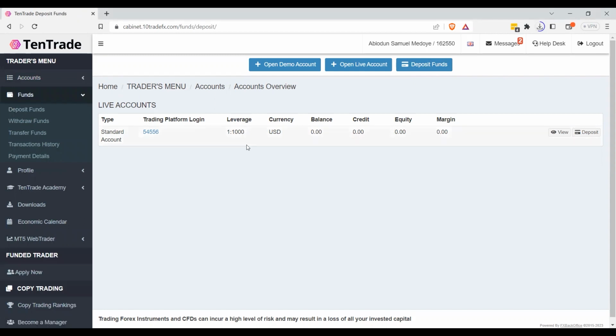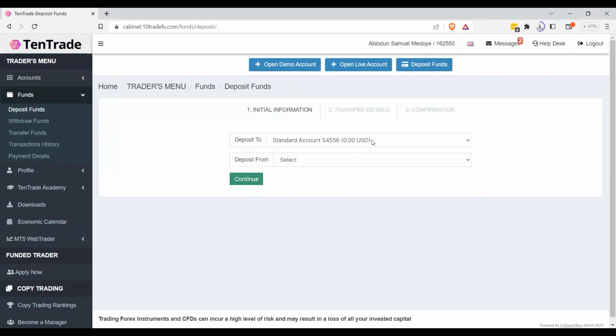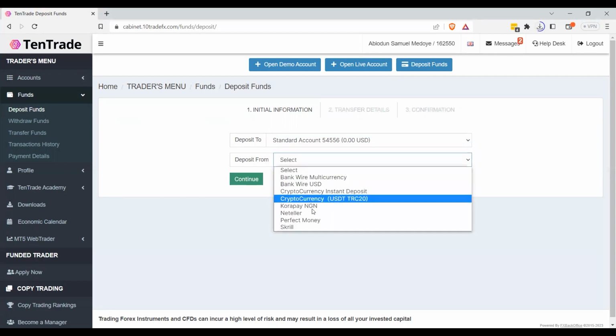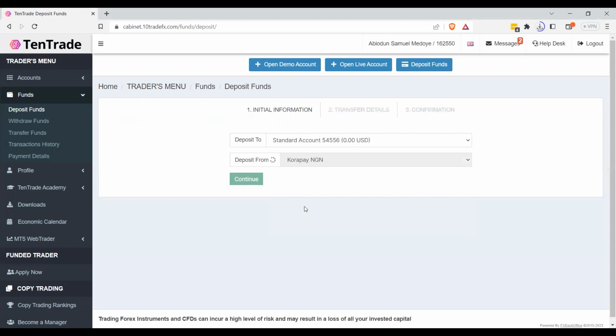Now, when the page loads up, you want to select the account you want to fund. So if you have multiple accounts, you want to select the account that you want to deposit from. On this drop down, you want to click on Korapay. So Korapay is a payment solution for direct bank transfer for clients in African nations like Nigeria. So you want to click on continue,